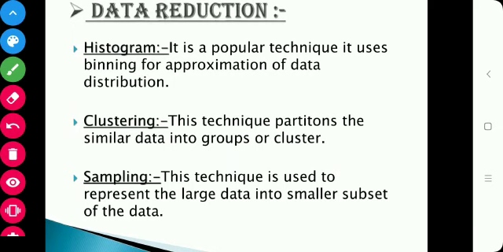Means the similar data elements are in one cluster, other similar elements are in another cluster, and the data elements in the two clusters are dissimilar. The data elements which do not fit in any cluster are called outliers. Then sampling. Sampling means we have to take samples.